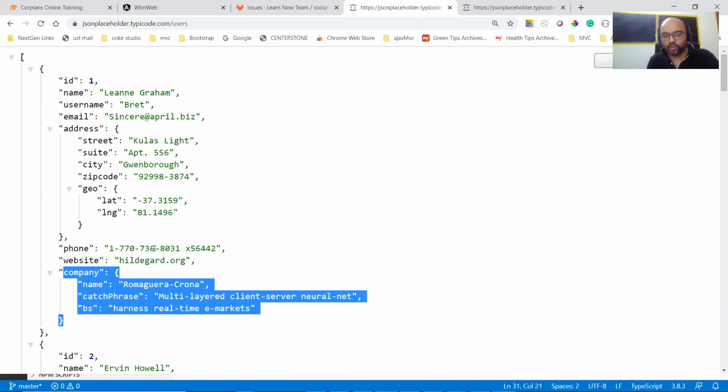So if you see this, if you ask any SQL guy, okay, I'm deviating from the topic and going to the database part, but it's important for you to understand.